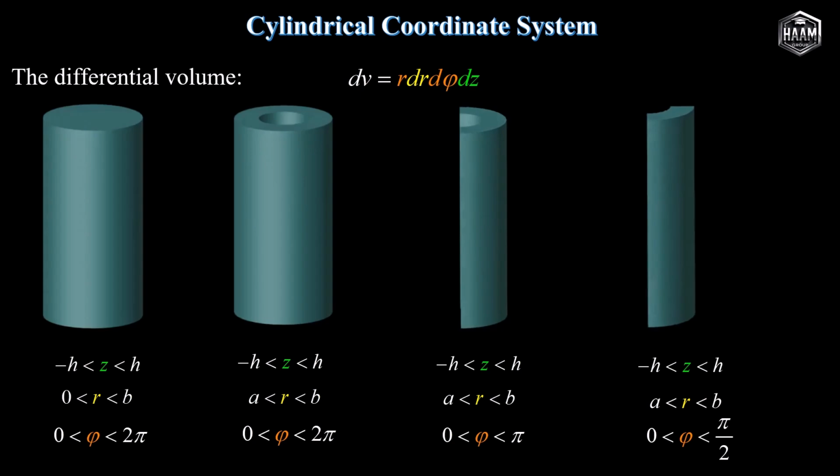In this way you can see that for a cylindrical volume, through various cuts, introducing changes along the phi and r directions, and of course z as well, you can generate other shapes from within this cylinder in this coordinate system. However, the differential volume remains the same,